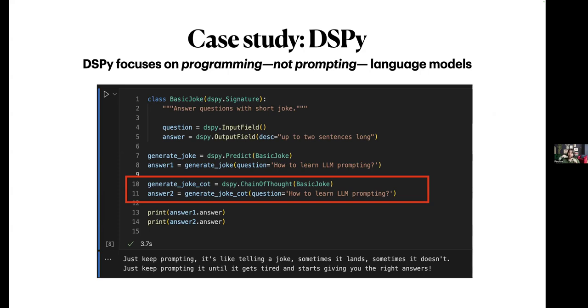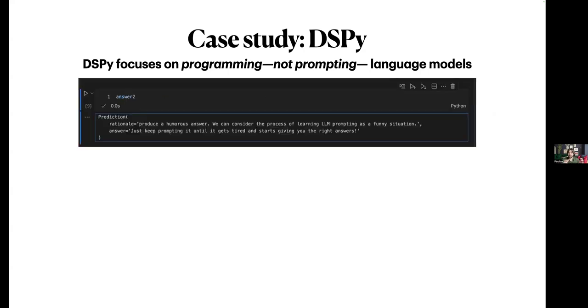And internally, it's going to go through a few different steps. It's going to say think step by step. Then you're going to get the thinking process. And then on the basis of the thinking process, you're going to get an answer. And everything is done by simply swapping out one word, predict, for another word, chain of thought. And so you get a different answer. And so you could potentially inspect this answer, and you can see a rationale, which is the think step-by-step